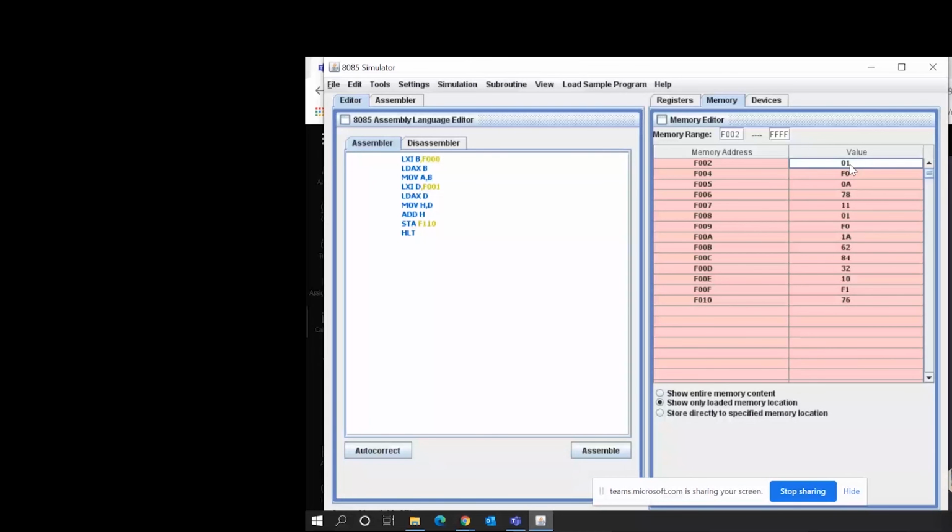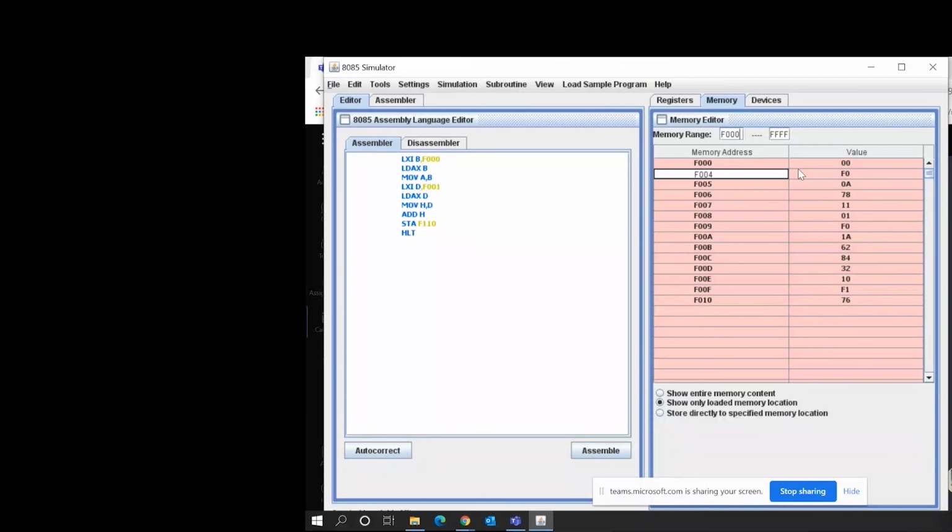Memory range. Click on it and now change. Now everything will change, is it? And put F00. What is the value we want to give? 0F.